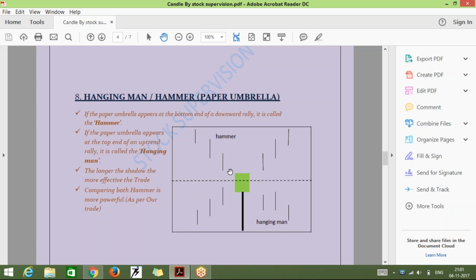And again, definitely the time frame matters. All of these are considered to be powerful in the case of daily charts, and this is actually being traded in a daily chart, because you will find an enormous number of hanging men and bullish engulfing dojis in 15 minute and 5 minute charts. Yes, it's daily. The longer the time frame, the more effective it is.